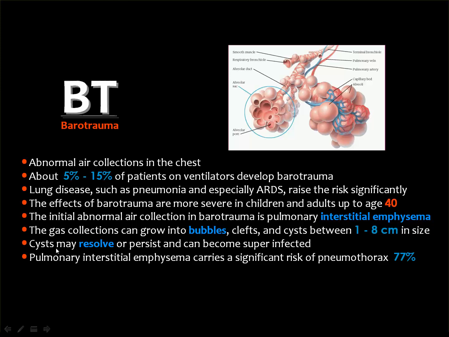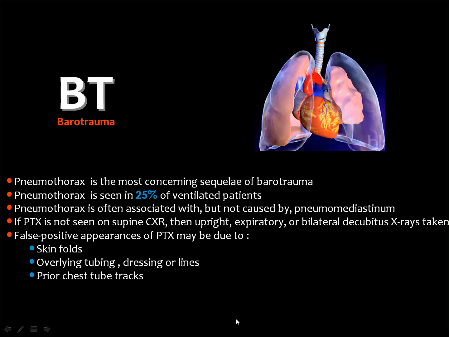Then these accumulations of air may resolve or persist or become superinfected with the development of multiple air fluid levels. Pulmonary interstitial edema has a risk of pneumothorax in about 77% of the cases. Pneumothorax is the most concerning sequelae in cases with barotrauma. Pneumothorax is seen in about 25% of ventilated patients, and it's often associated with pneumomediastinum, but pneumothorax is not caused